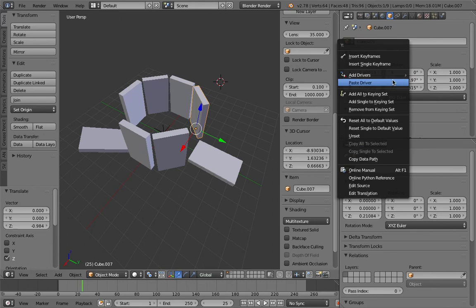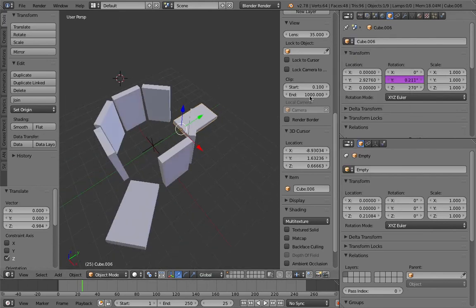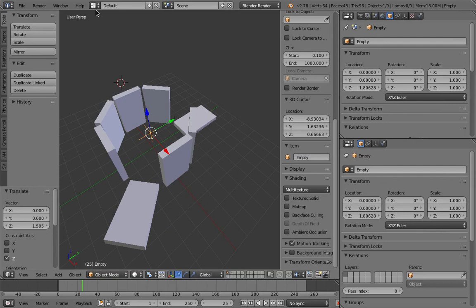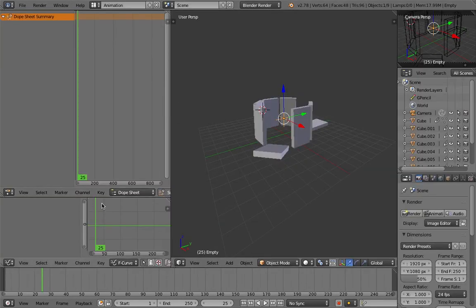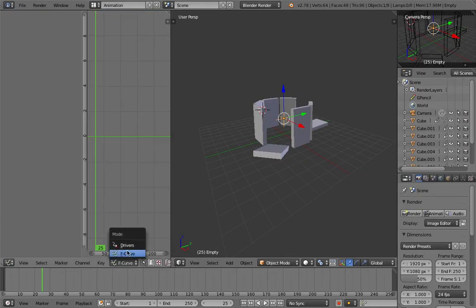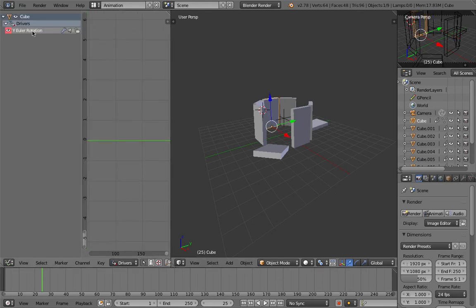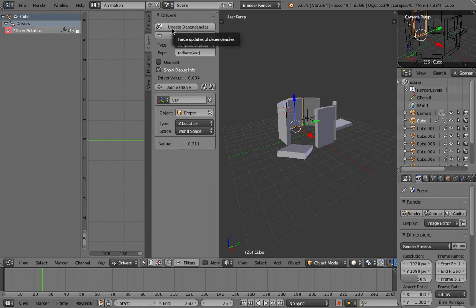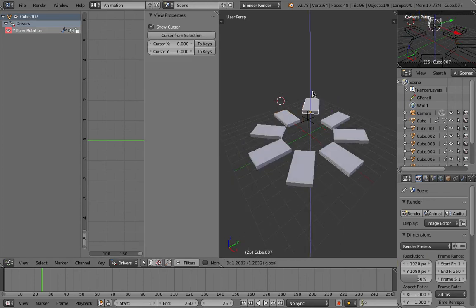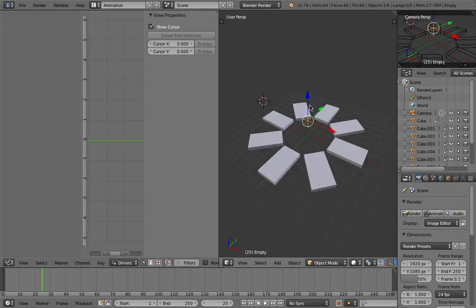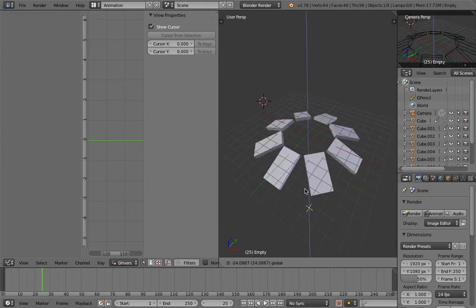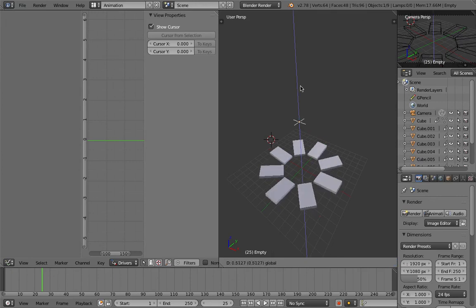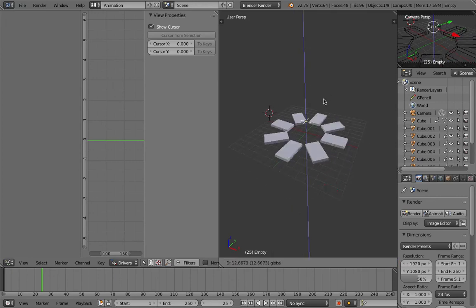The driver though, I think you need to update it in the animation panel, and then go to drivers and select one of the guys, and under driver update, click on this button, update dependencies. Now they are controlled by this locator. The rotation Y is controlled by this driver,